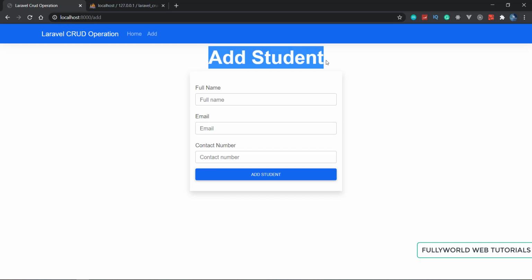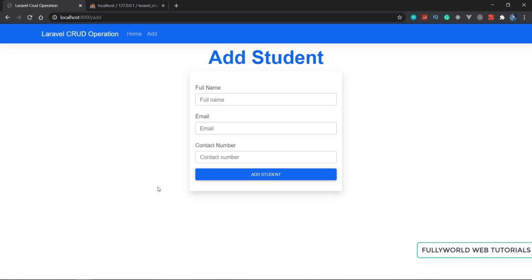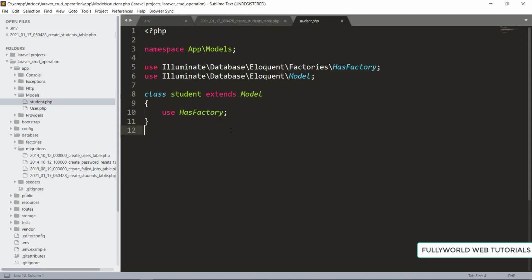So this is our add student page. First of all we have to create our controller, so that we can use that controller to use our model to send data and interact with the database.